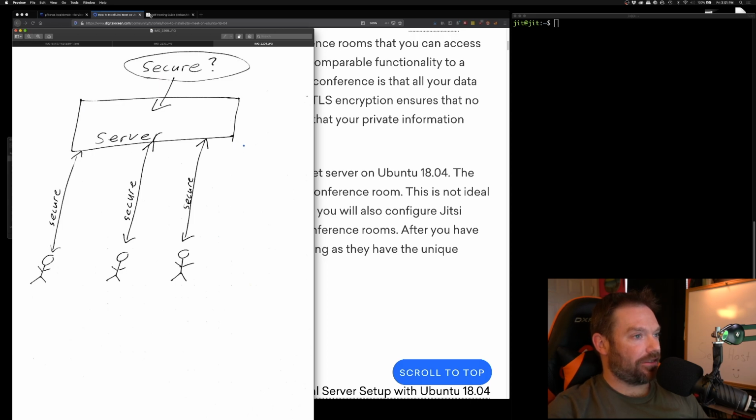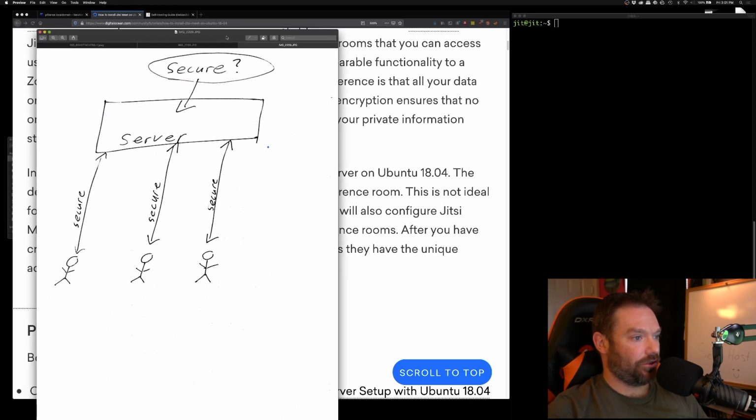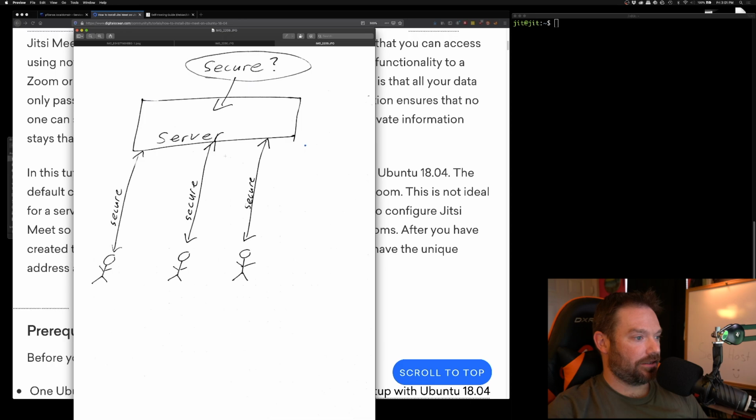So I found this technical diagram. Definitely did not draw this myself. But down here are our users. They are connecting to a server that is running whatever program is running the video call. We'll just say Zoom, we'll pick on them. Zoom is running on this server. Zoom takes what they're putting in and sends it back out to all the other parties on the call,